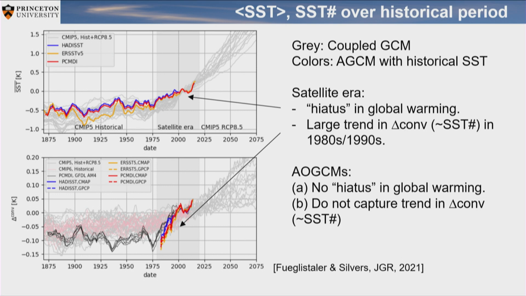And what you see then is the color is what you get when you run an AMIP model with prescribed sea surface temperature, either from HadISST or ERSST5 or the PCMDI dataset. This is what they use for CMIP6. And the point is, first, interesting, the mean is different, but also in terms of what they give us for the change in this metric for the evenness, it is exactly what we needed to understand why these models then have such a strong negative cloud radiative feedback, right? This is really very different from what these coupled models do.